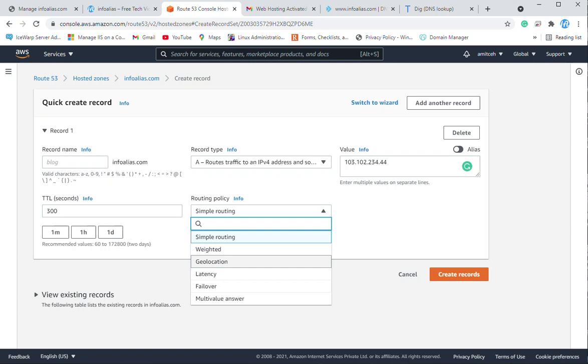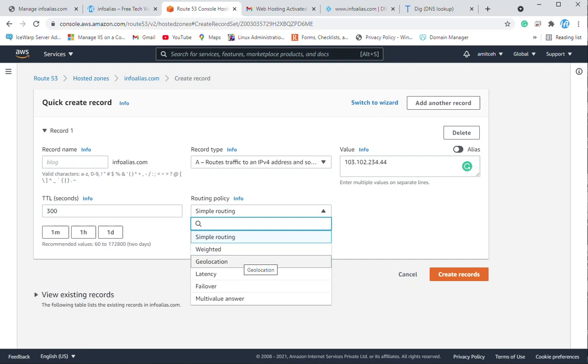Later we will create routing as per geolocation, latency, failover, multi-value answer or weighted. So if you have multiple EC2 instances, you can put the IP address for multiple instances accordingly for the same website infoalias.com. But currently my website is hosted on a different service provider, so I'm not putting different IP addresses, but you can create it.